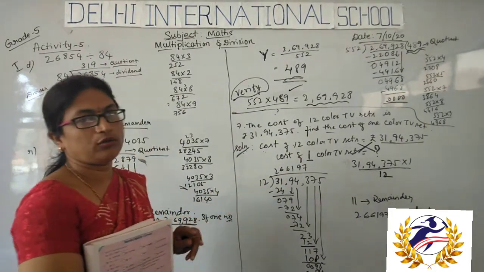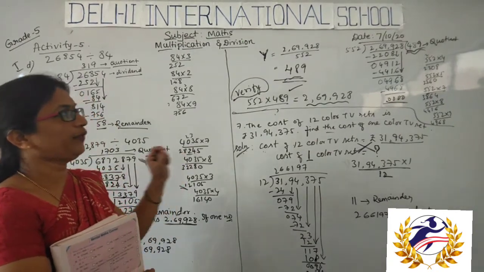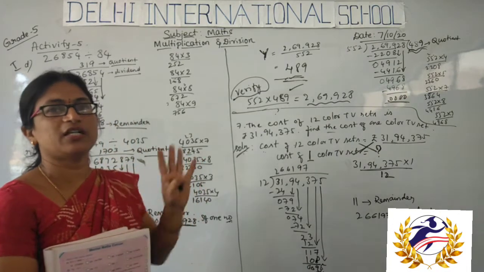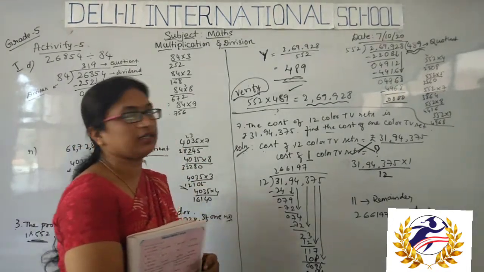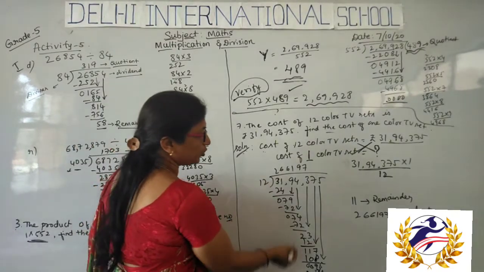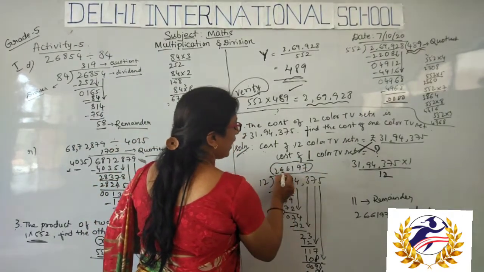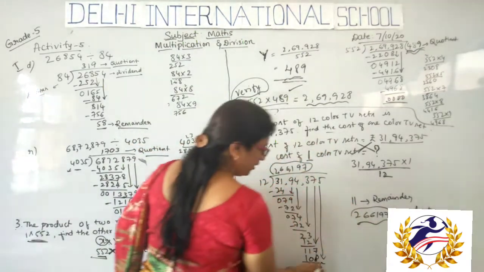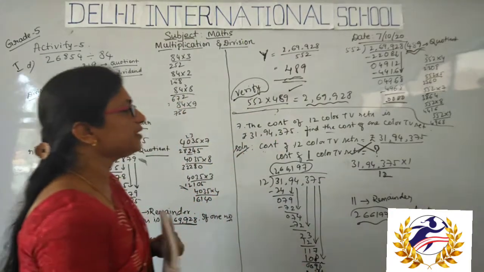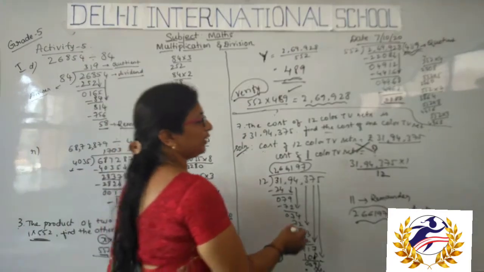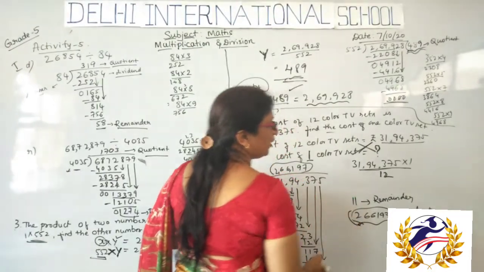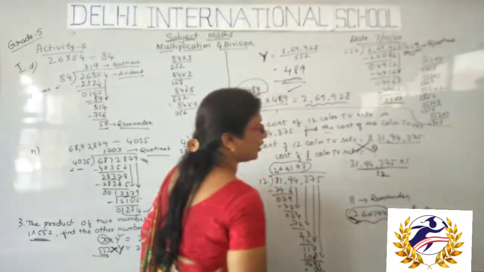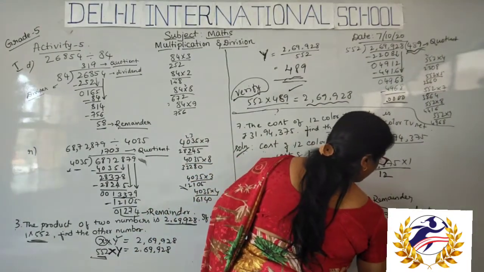So the 12 table we know, no need to write. When you are going to 5th standard you should learn up to at least minimum 15. If you can go up to 20 it is well and good, but minimum 15 you should learn the table. So if I go through the 12 table, I got the quotient 2,66,197. So the remainder is 11. So approximately the one TV color set is this much amount. Okay, so for the exact amount you have to add 11.